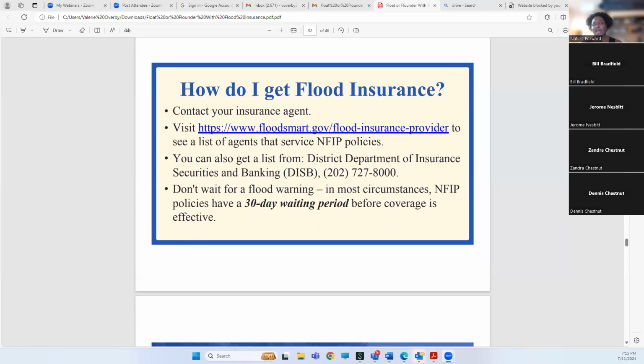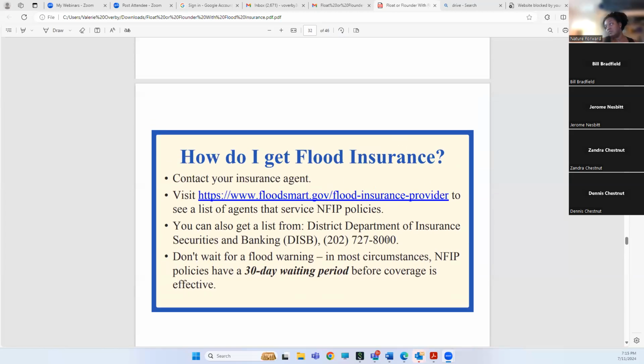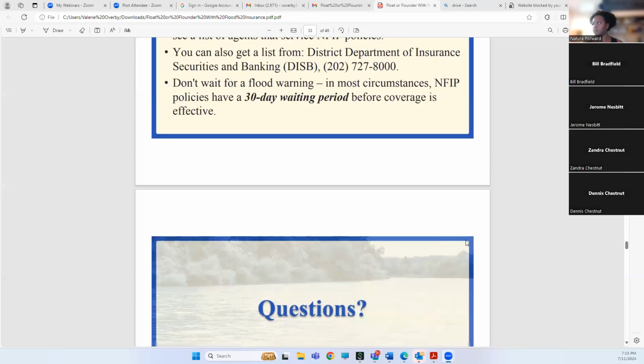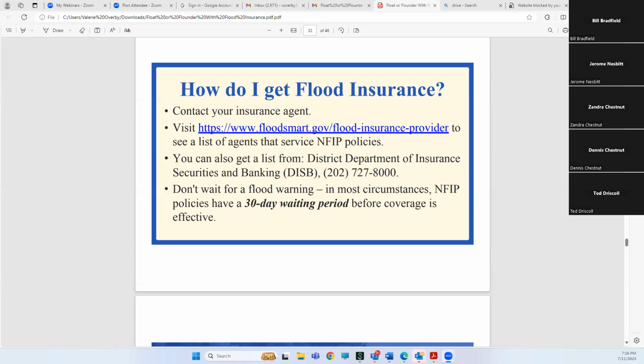And Bill, did you want to add anything on how you can get flood insurance, or some people to contact? Yeah, I think just to add on, there are two types of flood insurance. There's flood insurance through the National Flood Insurance Program, the one that we're talking about here. That's the one that's backed by FEMA. And within that, you can either get it directly from FEMA or you can get it through an agent who would write or service the same policy for the NFIP. It doesn't matter who you go to. If it's a nationwide agent and you get an NFIP policy,